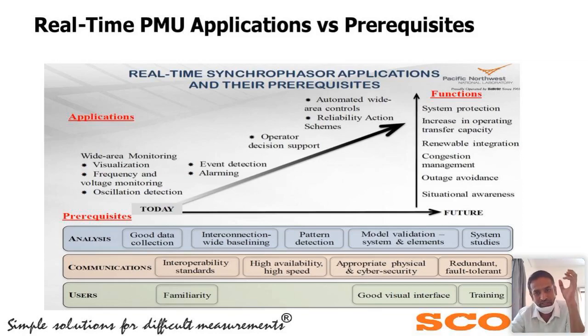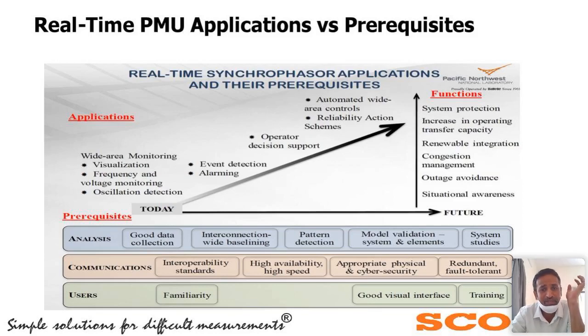So we are not actually using the wide area network for its actual purpose, because there are many difficulties, and it is an initial stage of implementing the wide area network. So at this particular moment, we are only collecting the data, and we use a small portion of the data for analysis purposes.